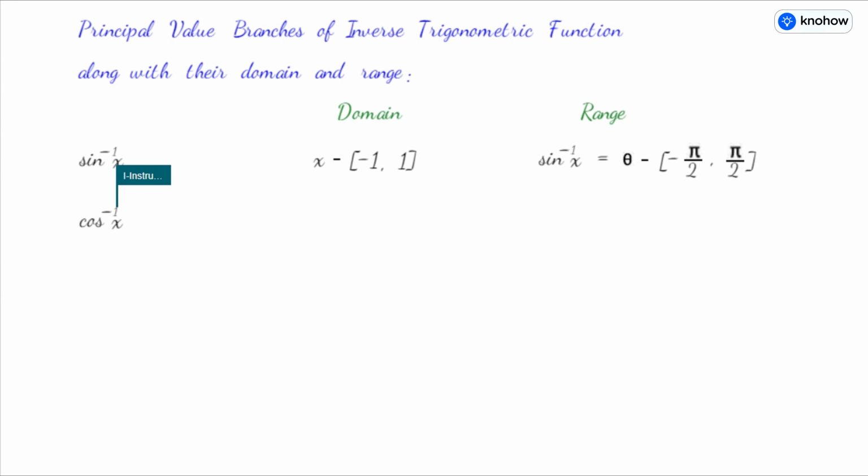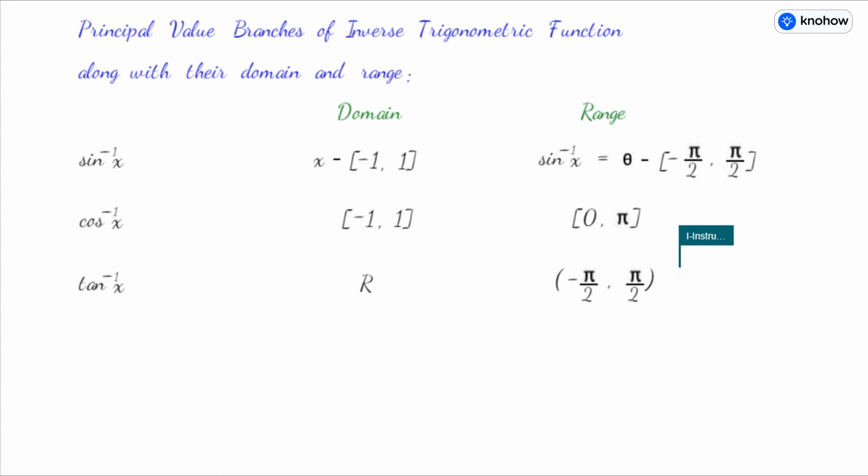Then for cos inverse x, the domain remains the same, but the range of cos inverse x is the closed interval 0 to π. And for tan inverse x, the domain is the set of real numbers. That means x may be any real number, but the range is the open interval -π/2 to π/2. Now next, cot inverse x, again like tan inverse x, its domain is the set of real numbers